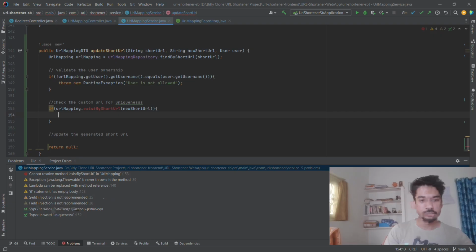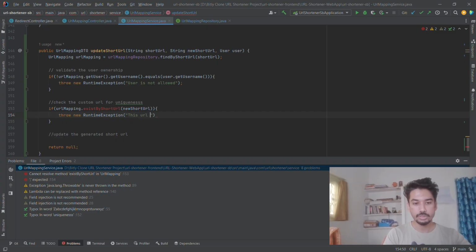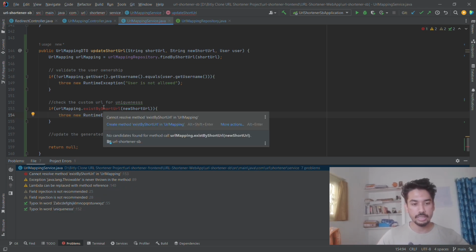And if it doesn't exist, we are going to throw new runtime exception, and we are going to say this URL is already taken. Please try another one. Okay. This will be our custom message, and as you can see, I'm getting one error here in